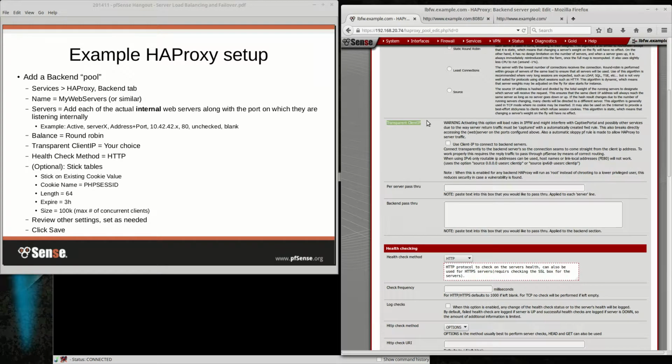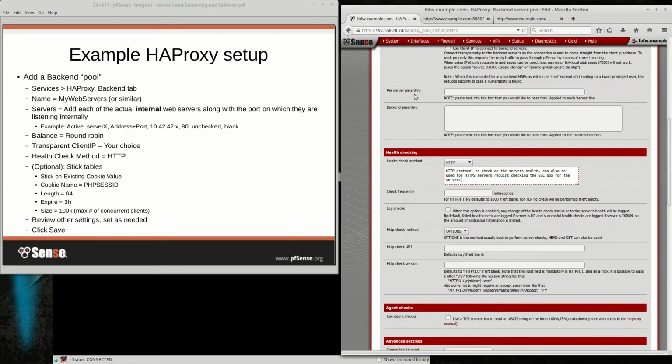Here's the transparent client IP option I mentioned earlier that lets you pass through the true client address back to your web servers. In this particular case, I'm not going to activate that, but you can if you like. I've used this in production a couple of different places for people, and it's really made them happy. It's been fine. I've not had any issues with it. However, it can interfere with captive portal and maybe limiters, other things that use IPFW rules, because it's how that accomplishes the task. So it's really a matter of preference and what you want to see in your web server logs, but personally, I would not hesitate to activate it, except in this case, I'm just doing a simple demo and I didn't need it.